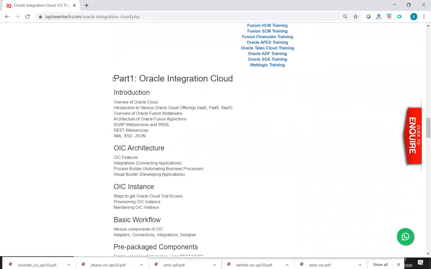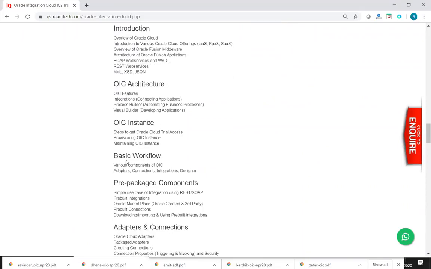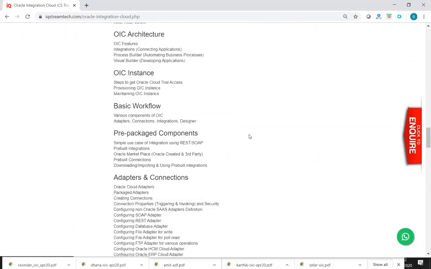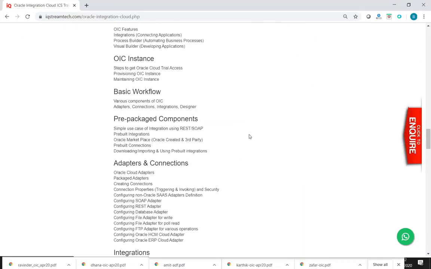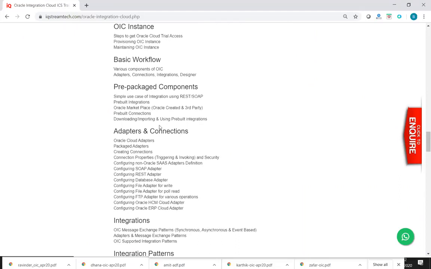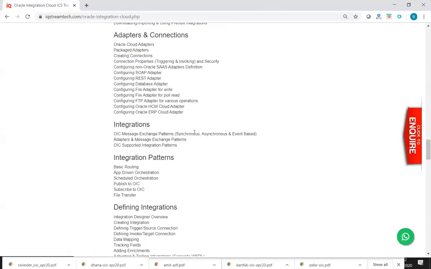In part 1, we're going to start with the basics of web technologies and web services. Then we'll be understanding OIC concepts and different components of OIC. We'll be doing different kinds of use cases, and one small project work as part of that. So we're going to do in-depth and comprehensive use cases in Oracle Integration Cloud. That's part 1, along with the basics and fundamentals.